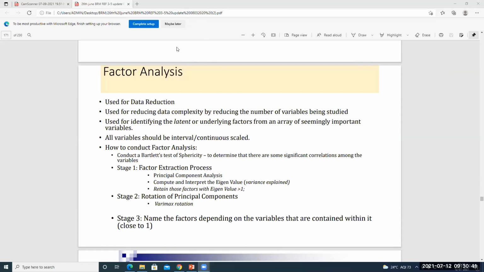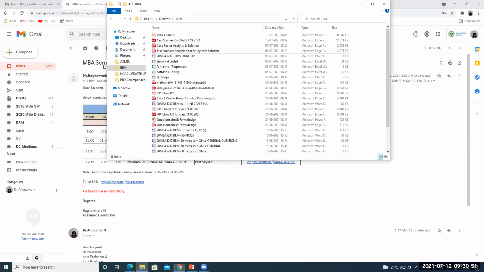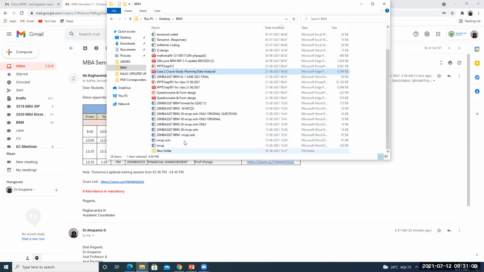So if you remember the Ohio lottery case, what were some of the questions that were there? Do you remember some of the questions in the Ohio lottery case? Anyone remembers? There were certain questions that were asked and there were certain sets of answers to be given on a 7-point scale. Most of them were 7-point, they were not 5-point.